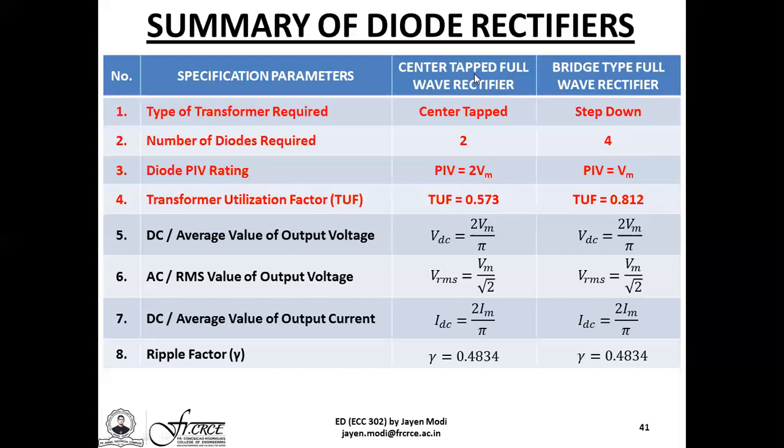With this, we come to an end of unit number 5.1 for module number 5, which is titled rectifiers and filters, during which we have completely covered the first half, that is unit number 5.1, covering the center tapped and the bridge type full wave rectifier circuits with their circuit diagram, description, their operation for positive half cycle, negative half cycle, and all the required mathematical analysis.